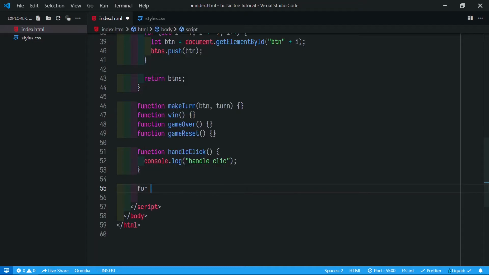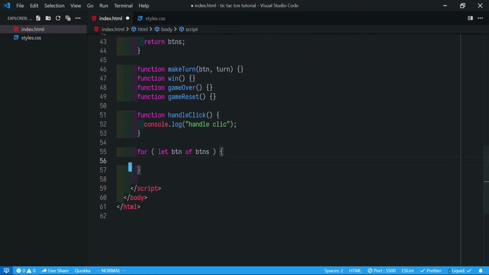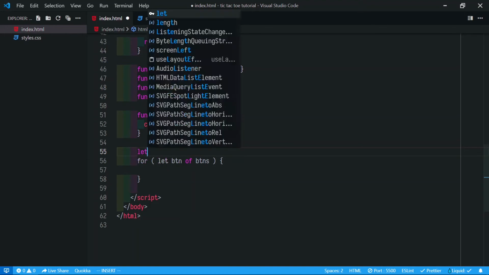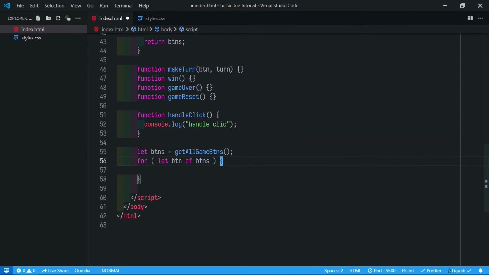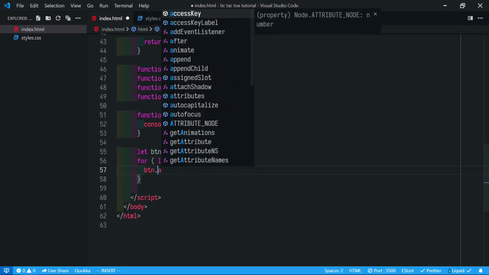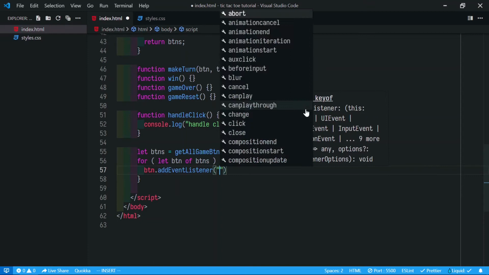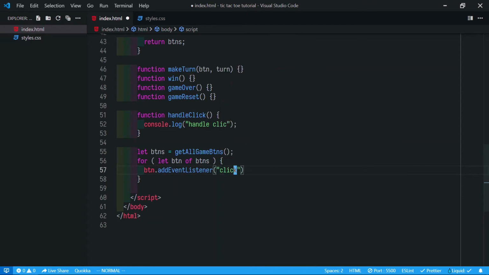Let's make a for loop instead: for let button of buttons. It will go over the buttons. We don't have buttons yet, so let's define them also: equals get all game buttons. So we have the buttons now. For let button of buttons, button dot add event listener, click, and we add the handle click function.